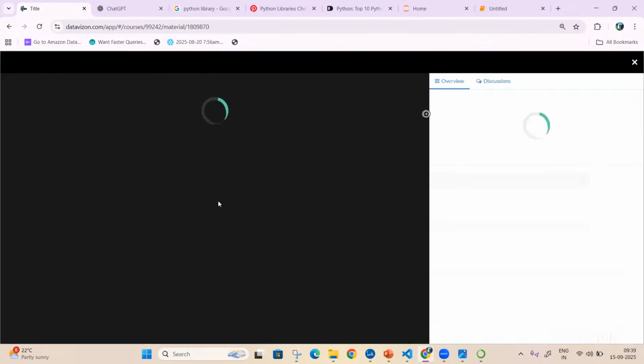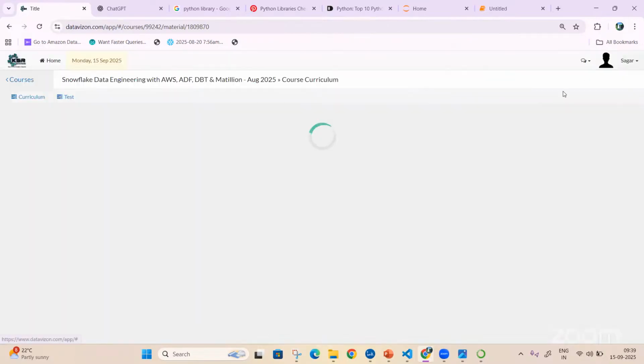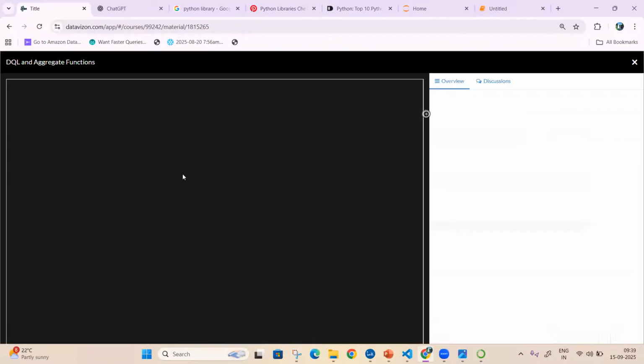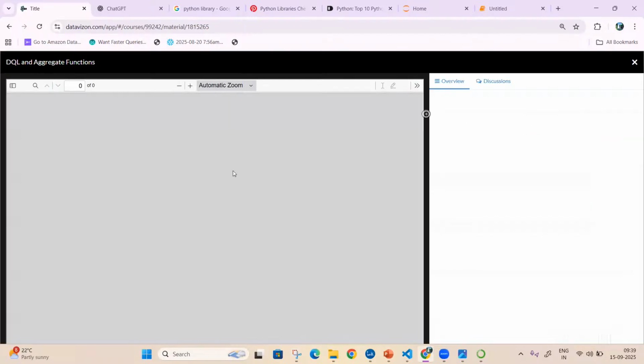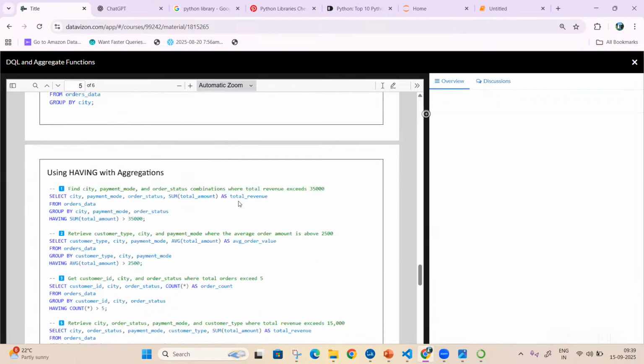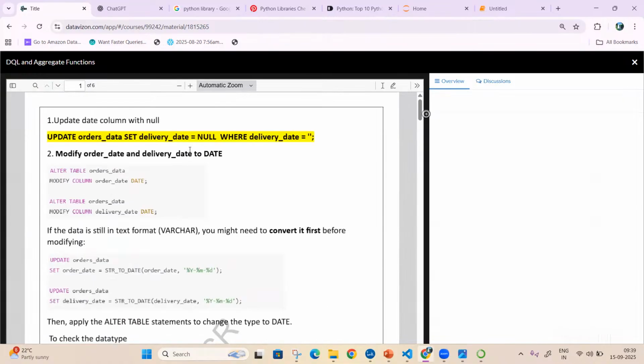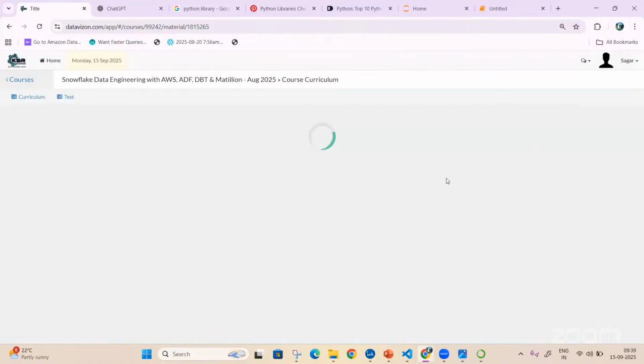Now, don't expect each and everything. When I come to Snowflake, I might not produce this. I'll give you code, assignments and interview questions so that you can prepare. But for the foundation of SQL, Python, and PySpark, I'll be sharing notes. Whatever the code, everything is there. On that website, we'll be sharing.